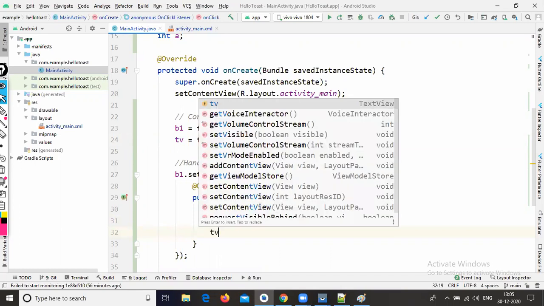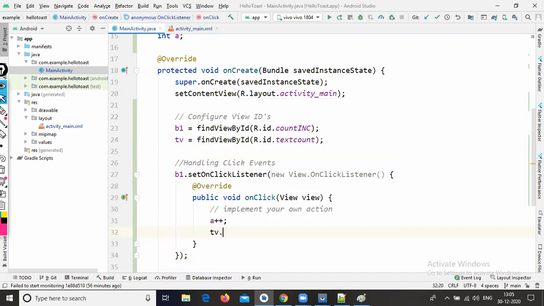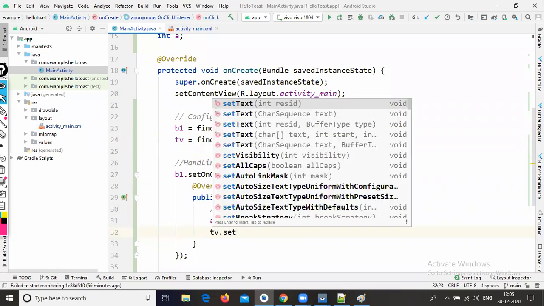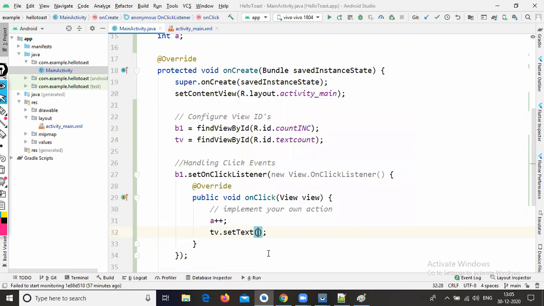So tv dot setText. There is a method called setText for setting the value. tv dot setText method.